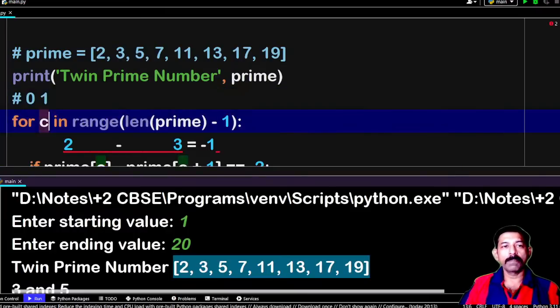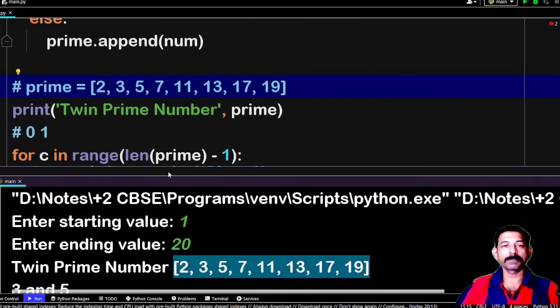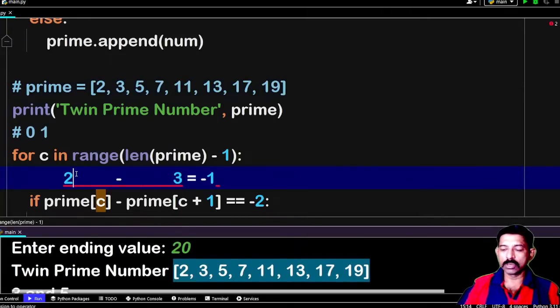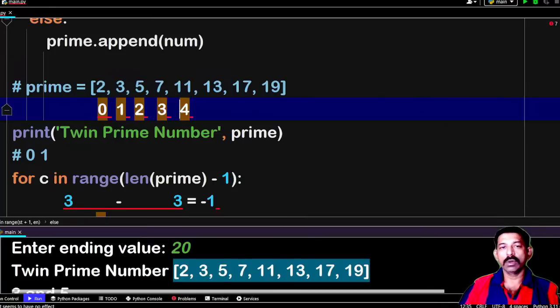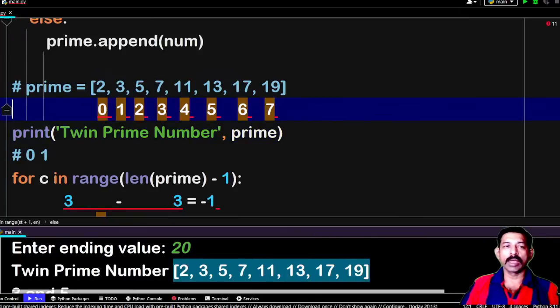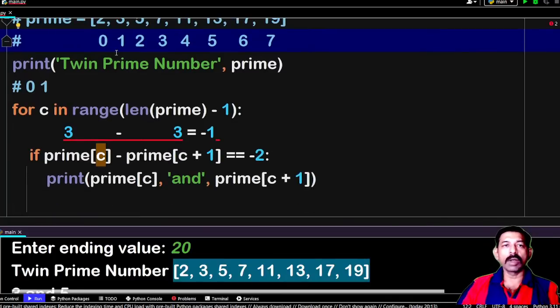उसके बाद सी वैल्यू इज योर 1 नाउ। नाउ हियर प्राइम ऑफ 1 पोजीशन, 1 पोजीशन में आपका क्या है? 3 है। नाउ दिस इज योर 3। नाउ C+1, यहाँ पे आपको इंडेक्स पोजीशन समझ में आ रहा है तो जल्दी जल्दी हो जाएगा। दिस 0 1 2 3 4 5 6 7 ना। अगर आपका 7 इंक्लूड होगा, 7 + 1 8 नहीं है, वो एरर दे देगा, इसीलिए हमने ये वाला -1 किए हैं यहाँ पे।